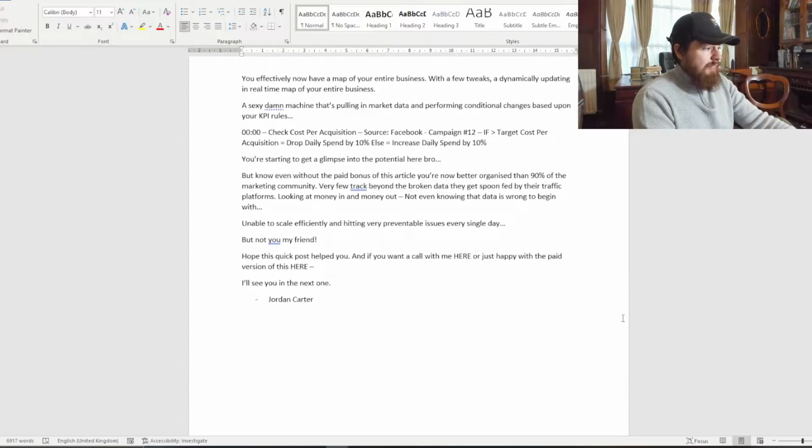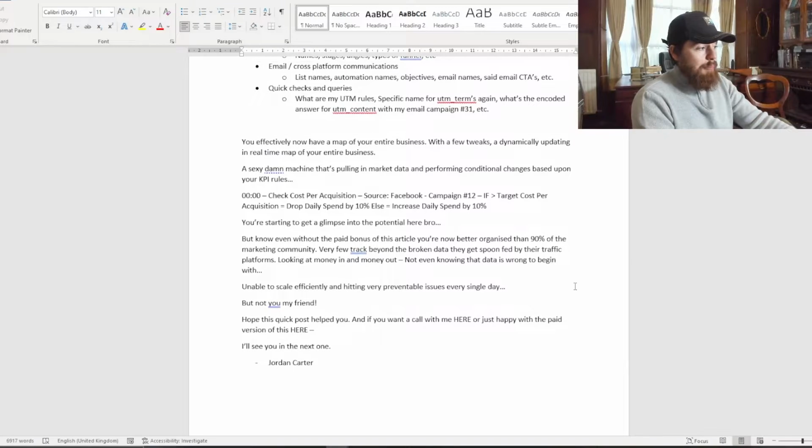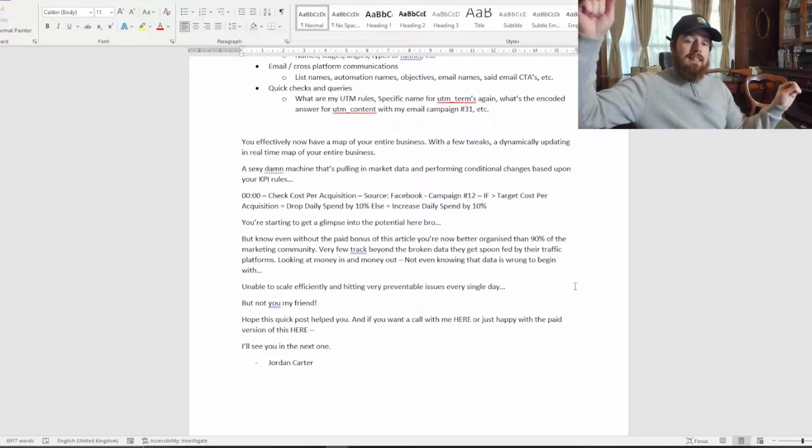And that's it. That's how to use UTM parameters more efficiently and effectively to scale your business linearly by putting